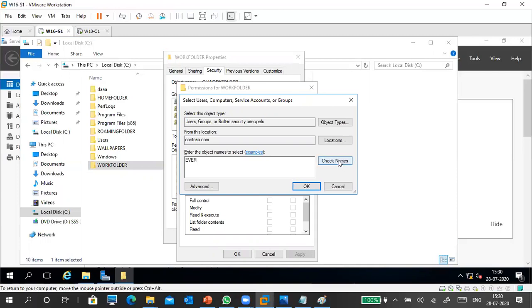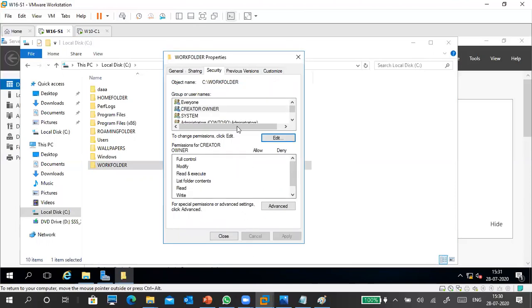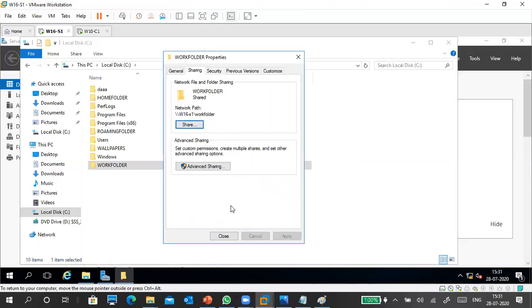Instead of giving permission to everyone, authenticated users or domain users is more secure. But here I want to see how it works practically.